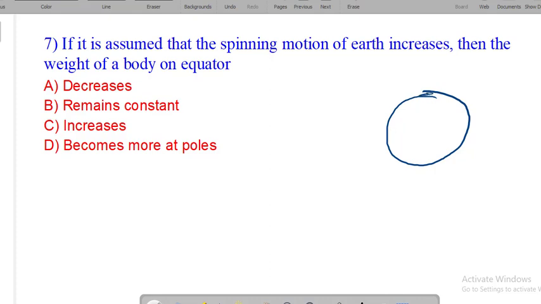So the Earth spins on its axis. So this is the spinning motion. So at the equator, at this point, okay, this is the equator, two forces are acting. One is the force due to gravity, which is G m upon r square. This is the force, and then one more force: because of spinning motion there is a centrifugal force which is acting on that person who is standing on this equator, or any object which is on the equator. Now this centrifugal force is given by